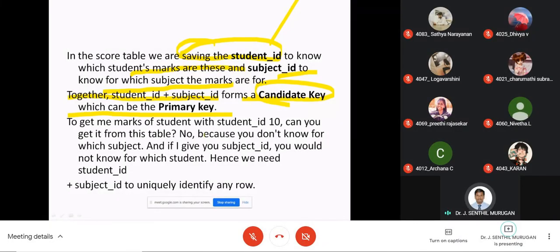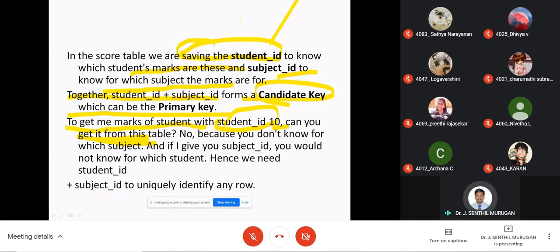That is a candidate key, which can be the primary key also. Now to get the marks of the student with student ID 10, we can get it from this table.